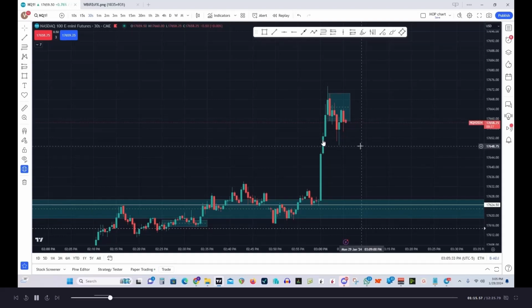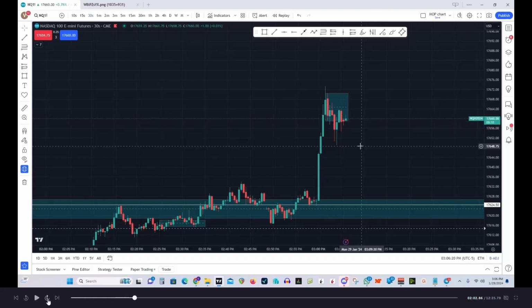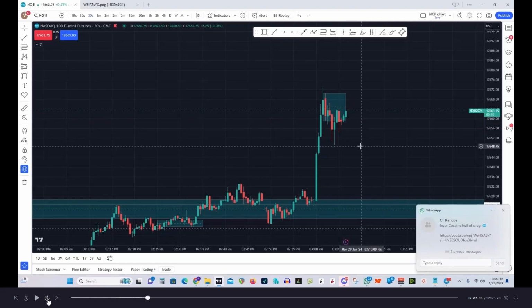You study what it did on a lower time frame, and you keep doing that over and over and over again until that pattern is in your memory, until it's in your brain, until your eye is trained to see it when it happens. So it can help you take the trade or not take the trade. So if I fast forward,